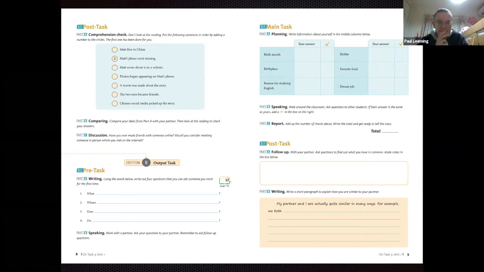And then there's a post task where they focus a bit more on language, writing out how similar they are, what are similar points and what are different points. I found that a lot of people in this room were born in April, but nobody was born in Huntley. They are very different than me, kind of thing. I'm sort of rushing through because I'm aware of time, but basically that's the ITOTIF in practice.